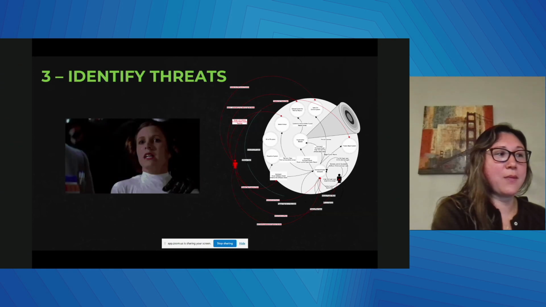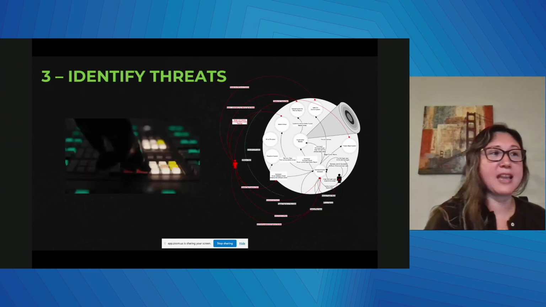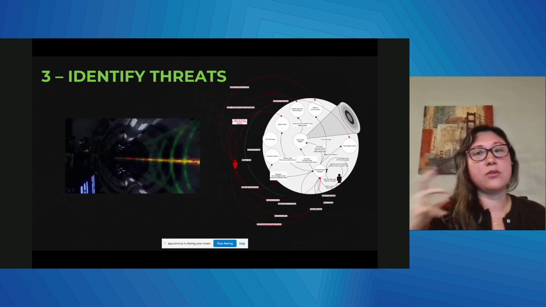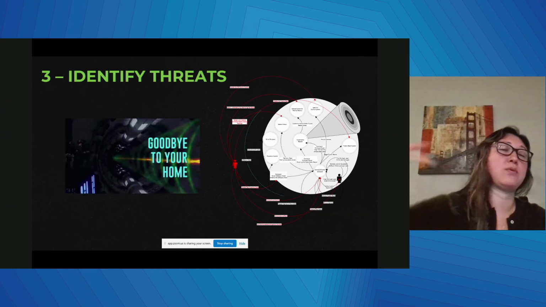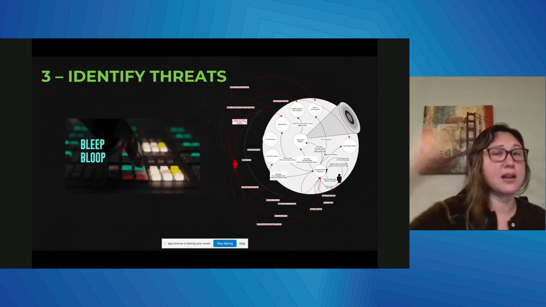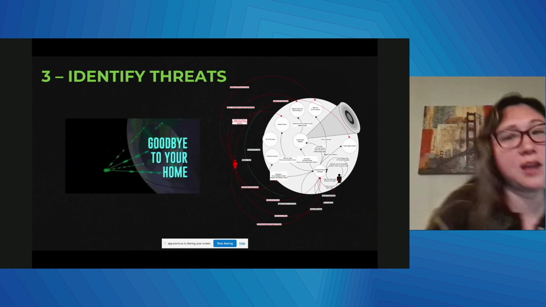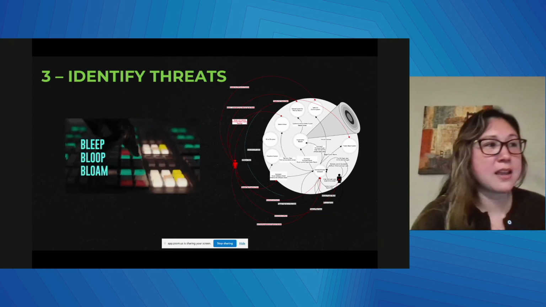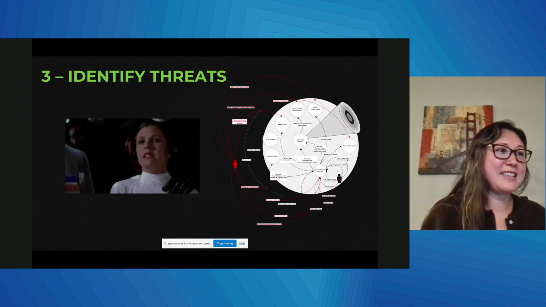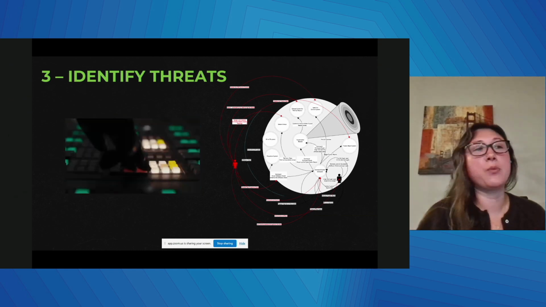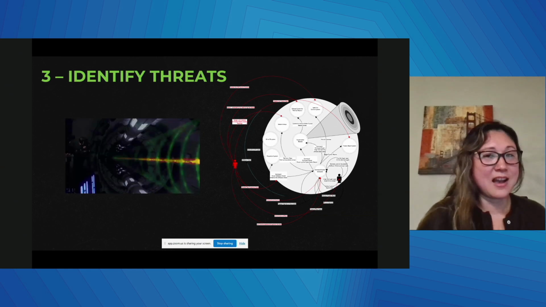All right, so now that we have our data flow diagram in place, let's start to look and identify some of those threats, since we now know how the information is flowing in, where it is coming from, and how it goes through all the other components within the Death Star. So here's something I've coined as a threat map. And this is just a high-level representation of an attack tree.